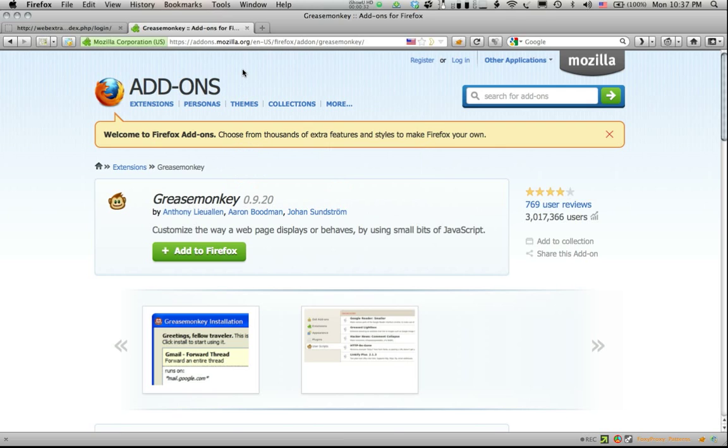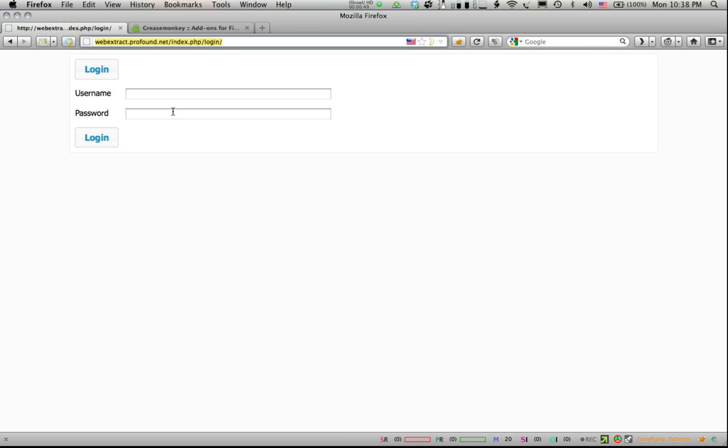So getting Grease Monkey is fairly straightforward. Just do a search for Grease Monkey and then click Add to Firefox. After you've installed it, it will require you to restart your computer. So once you've got Grease Monkey installed on Firefox, you go back to the Web Extract platform and you log in as a worker,